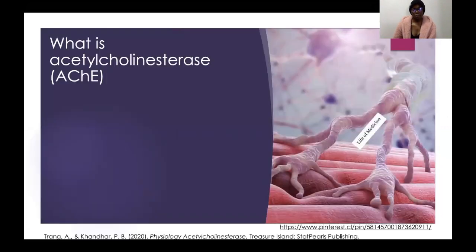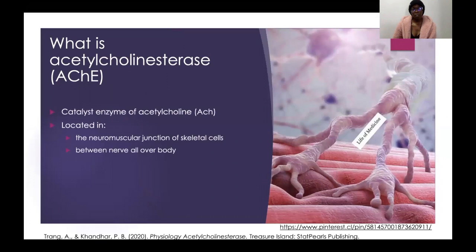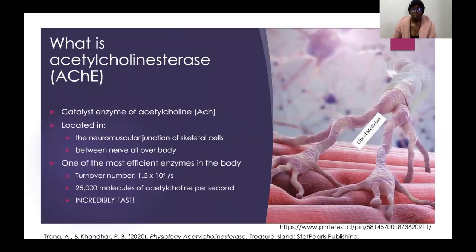So what is acetylcholinesterase? Acetylcholinesterase is the catalyst enzyme of acetylcholine. It's primarily located in the neuromuscular junction of skeletal cells and between the nerve endings all over the body. It's one of the most efficient enzymes in the body with a turnover number of 1.5 times 10 to the